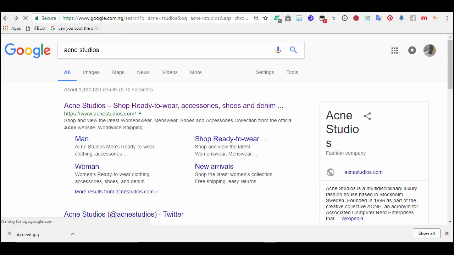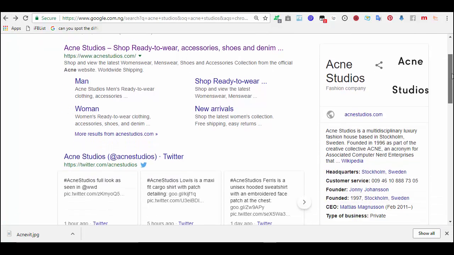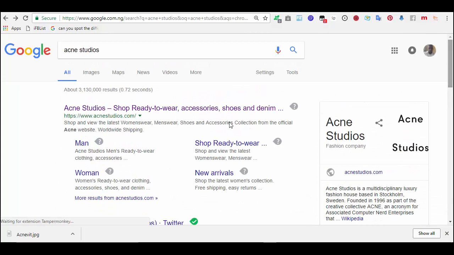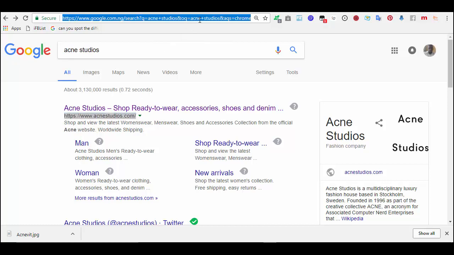Acne Studios. Okay, let's see something. Let's copy this Acne Studios. Let's copy their website, Control C. You make some little research. Let's go to similarweb.com.